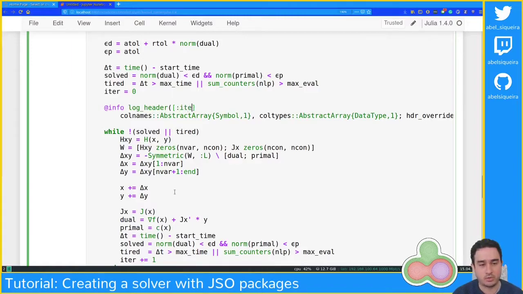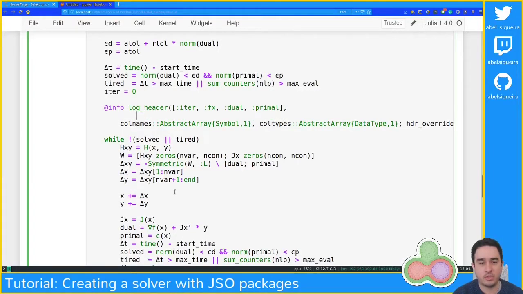I'm gonna show the iteration, I'm gonna show the objective function, I'm gonna show dual, I'm gonna show primal, and that's it. And which are the types of these things, so we can format it pretty. This is an integer, these are floats,